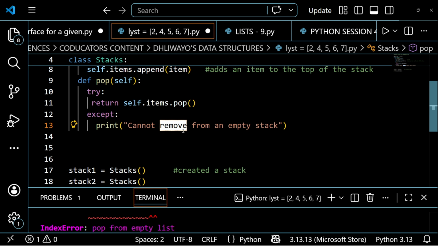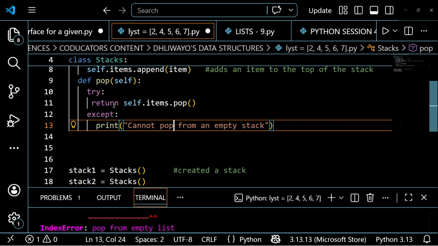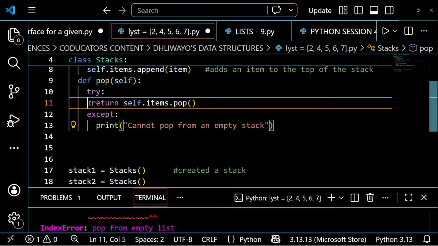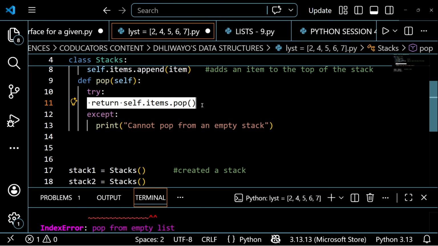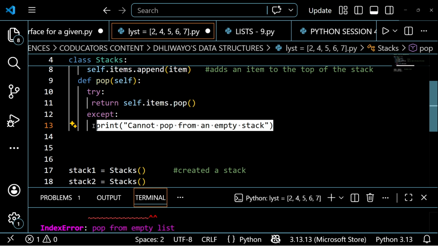We are fixing this error so that if the program tries to remove and return the item, but the list is empty and doesn't have anything, it cannot work. Since this line of code in line 11 cannot work, it's going to print to the user "cannot pop from an empty list."